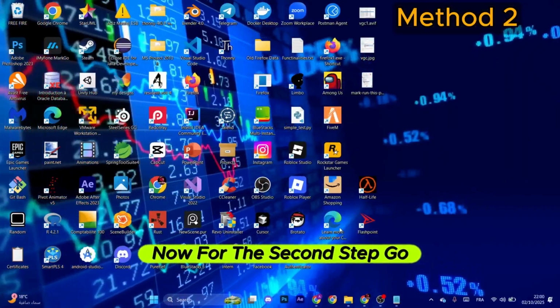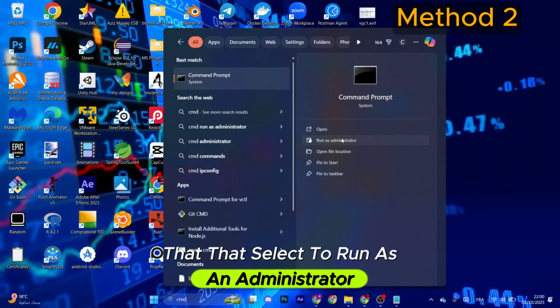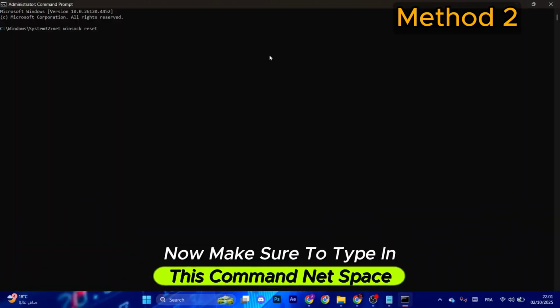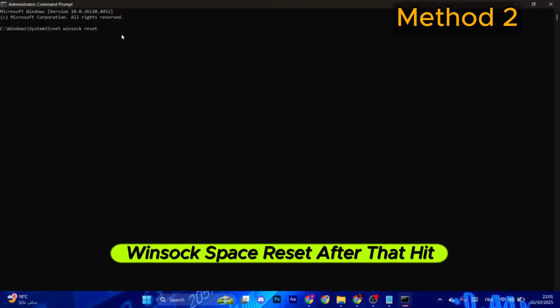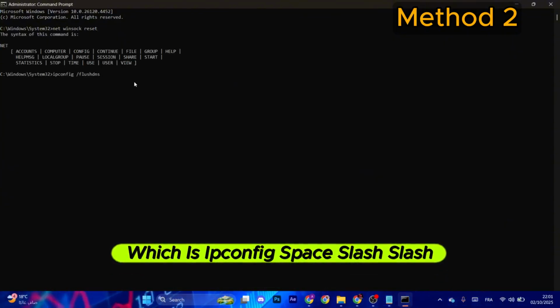Now for the second step, go to the Windows search bar, type in cmd. After that select run as an administrator. Now make sure to type in this command, net winsock reset. After that hit enter. Now you need to type this command as well, which is ipconfig /flushdns and